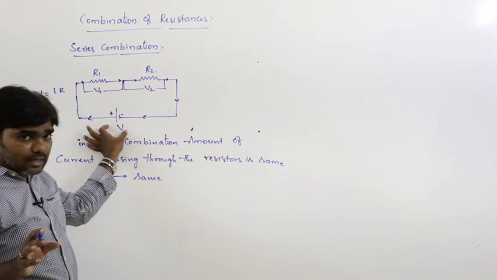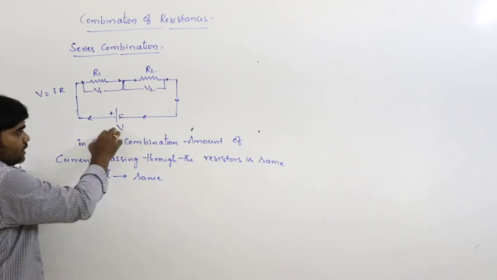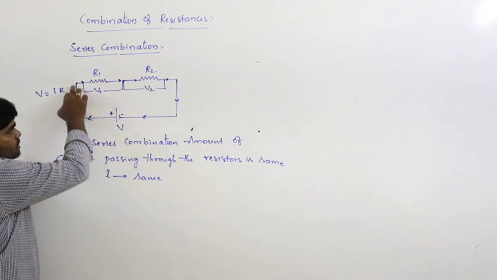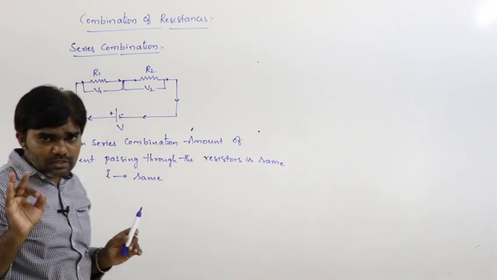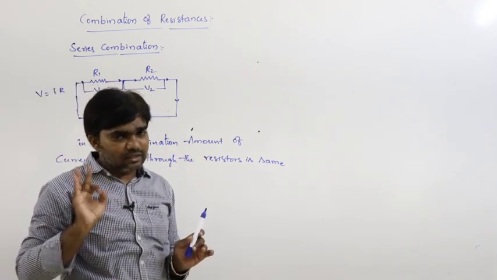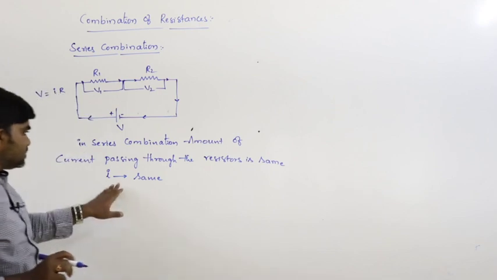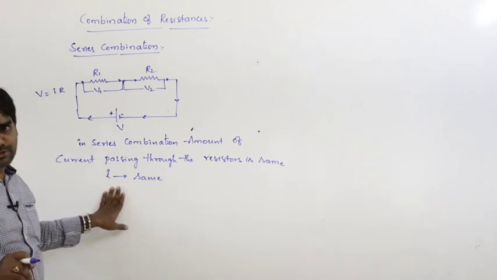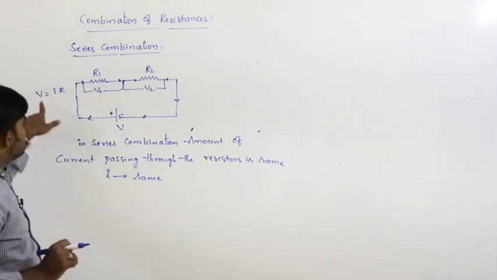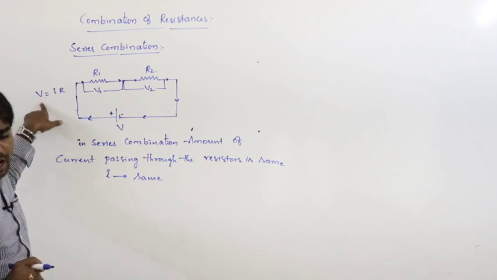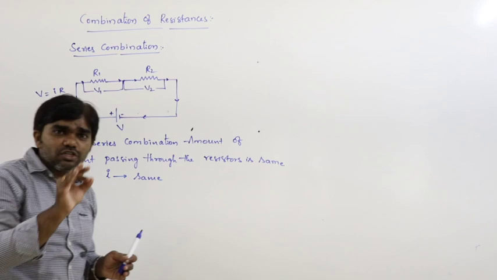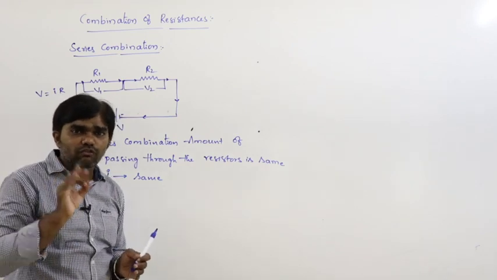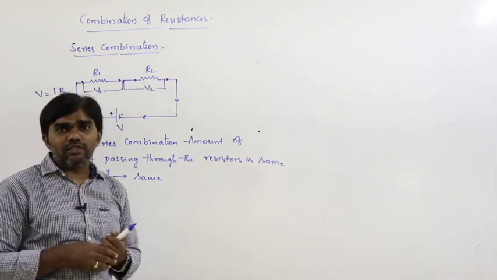This is the potential applied here. This is the potential applied here. Here the current passes through the circuit. The amount of current passing through the circuit remains constant. That is the thing here. First of all, I remains the same. That is our first assumption. I same means potential must vary. How does the potential vary? It means that to drive the charge in the circuit, a certain amount of work must be required. That work is nothing but potential.